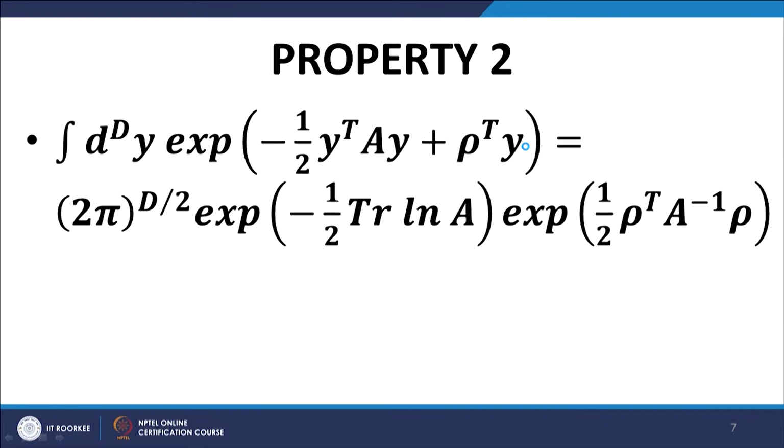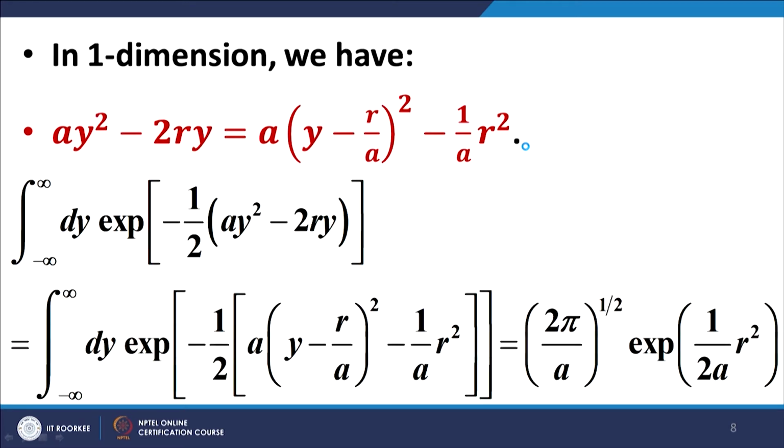Right. We now look at property 2. Now, property 2 is again, let us first look at the one dimensional case, and then we will generalize. Generalization in this case is very elementary. We need to evaluate this integral. Let us call this integral I. In fact, we have done this earlier in the context of calculating the moment generating function of the normal distribution.